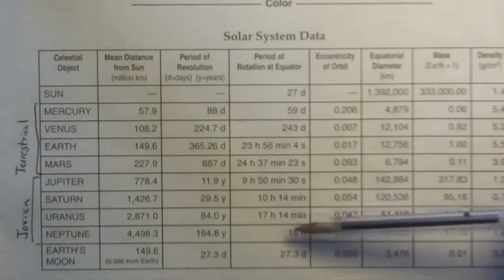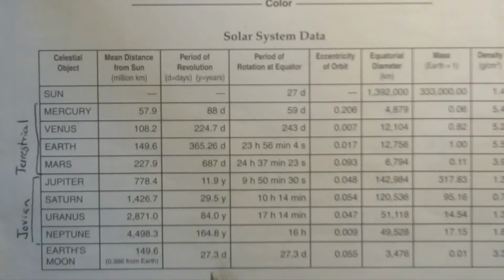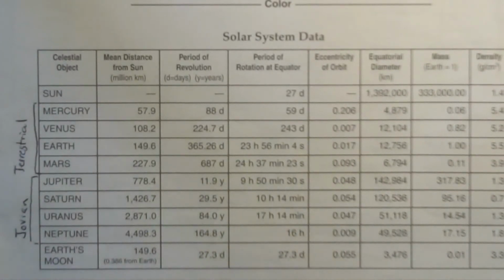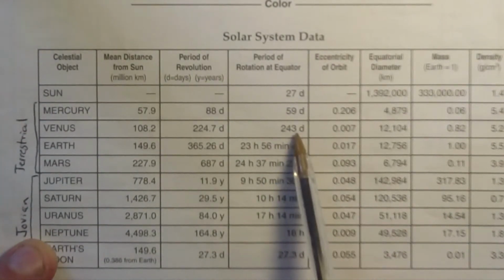So once again, we don't see the direct correlation. Now take a look. Interestingly enough, going back to the moon's period of revolution and period of rotation are exactly equal to each other. As far as planets go, one of the quirkiest situations is right here for Venus. Venus's year is